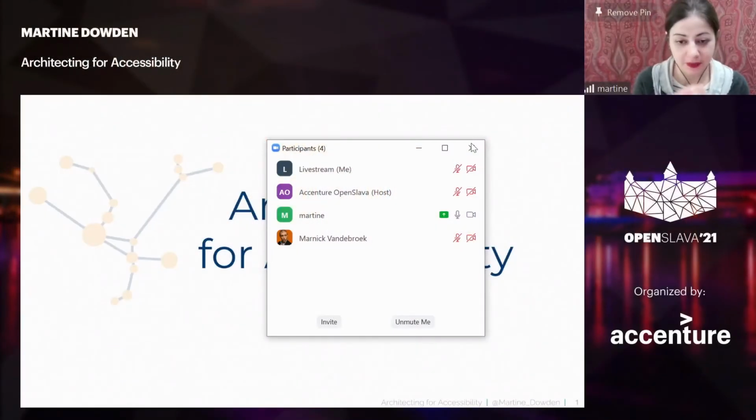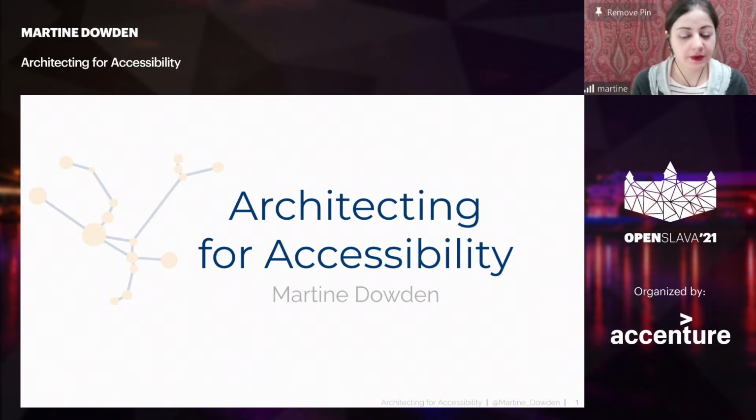So in this talk, I'm going to go over how accessibility relates to the web, more so our standard web applications, not some of the cooler technologies that the previous speaker was talking about. And I'm going to talk specifically about how to get started, what are some questions that we need to be asking as we go along. We're not going to dive into code. We're just going to talk about what are those things we need to think about behind the scenes before we even delve into the application.